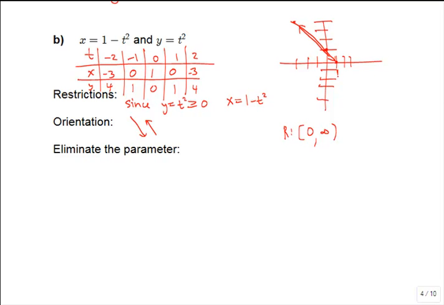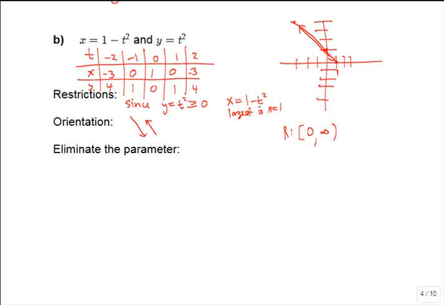That corresponds to an x value of 1, and I'm not going to get any x's beyond that, because as we look at the rule for 1 minus t squared, the largest that this is going to get is at 1, because as t goes to 0, that's the biggest that this value can get, and if you pick any other t and you square it, you're just taking that away from 1, which is going to make this get smaller. So the largest that this gets is x equals 1,